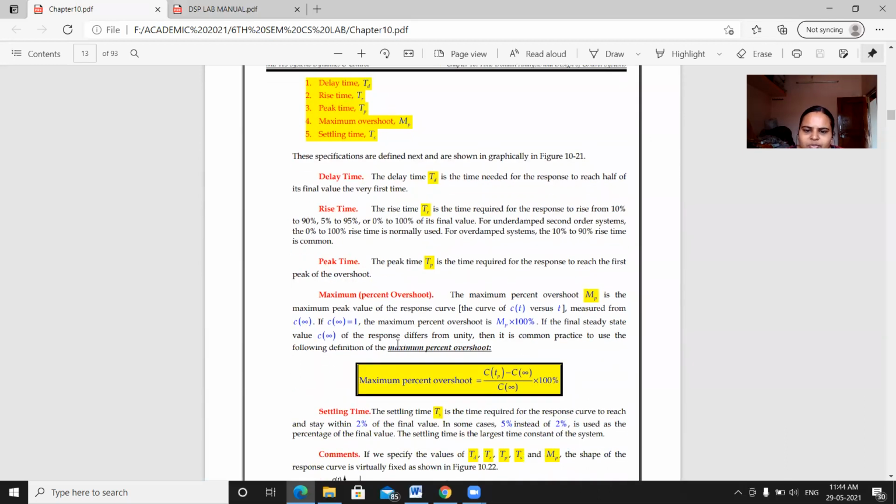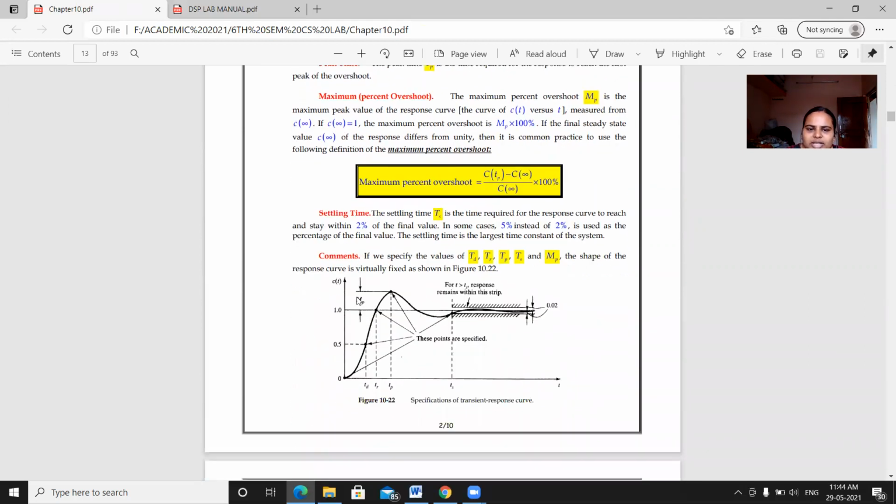Then maximum overshoot, represented as MP, is the maximum peak value of the response curve, measured relative to C infinity. Settling time is the time required for the response curve to reach and stay within 2% of its final value. We can take 5% or 2%, it depends.